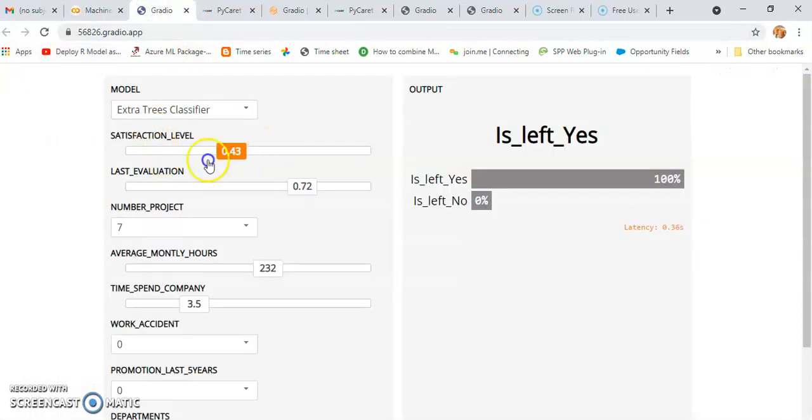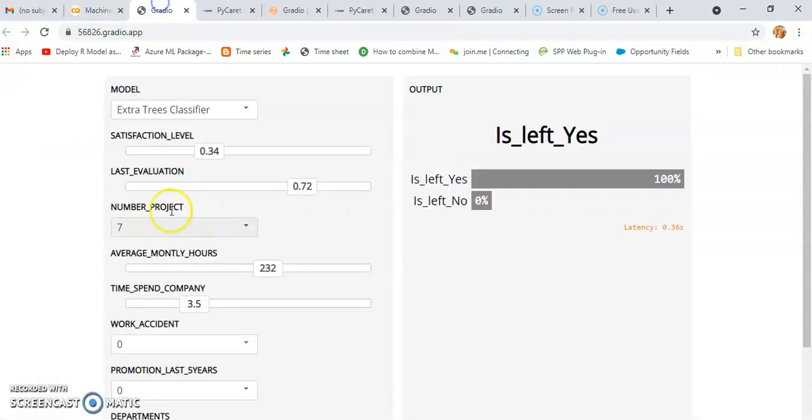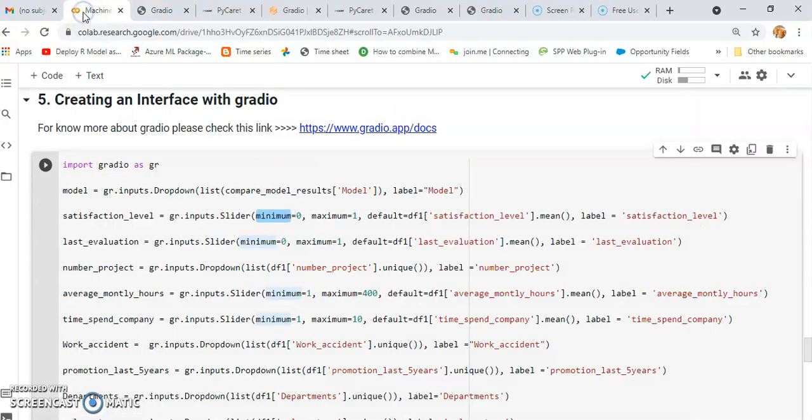Here this is a slide bar. You can give gr.inputs.Slider. You can set minimum and maximum. Minimum is 0 and maximum is 1, because the column has these minimum and maximum values, and the default is the mean of that satisfaction level. You can decide any label name. I have given the same label name as the column, satisfaction_level. Same for last evaluation: slide bar, minimum, maximum, mean of that last evaluation, and label is last_evaluation.